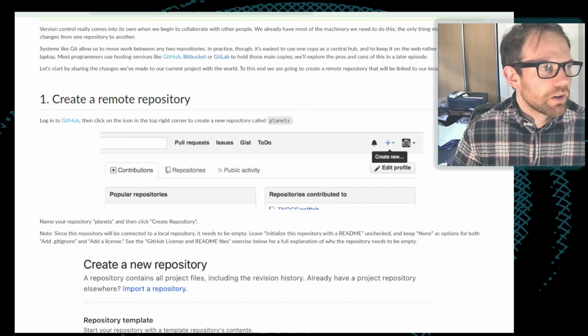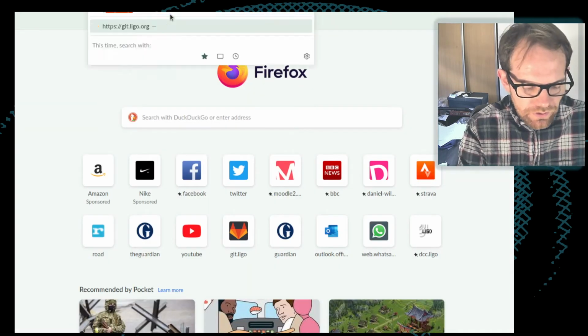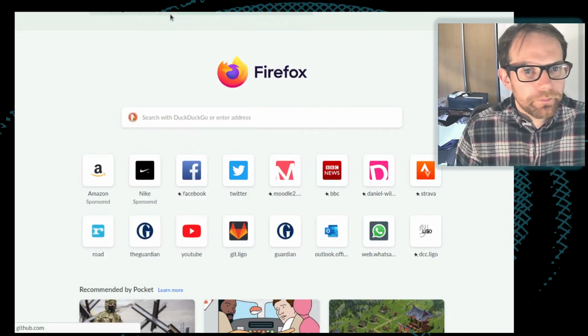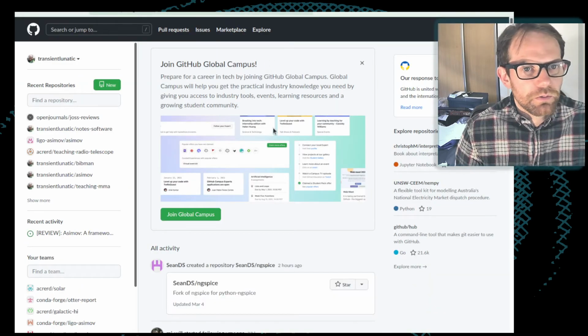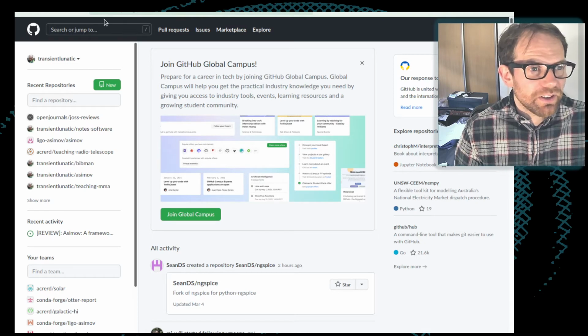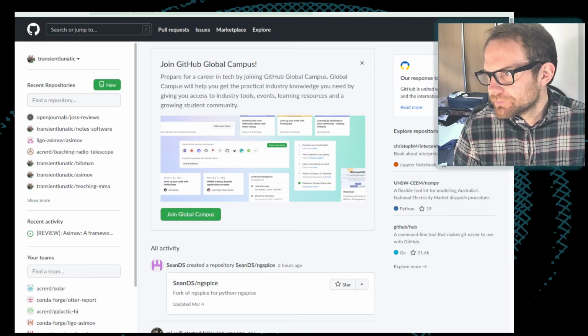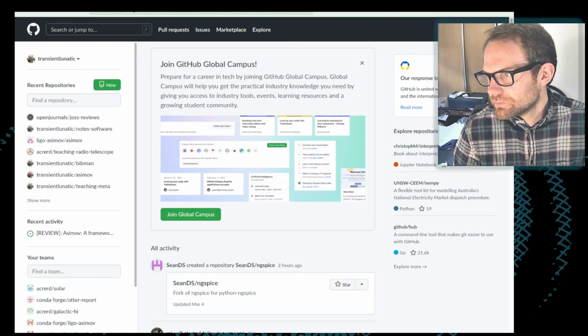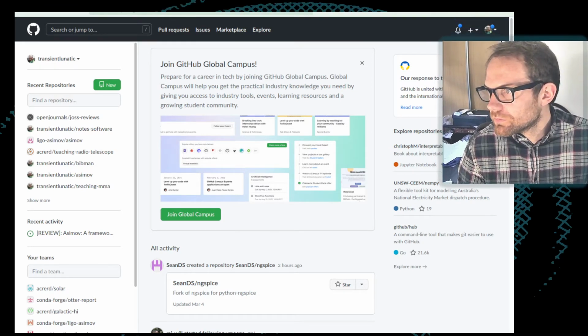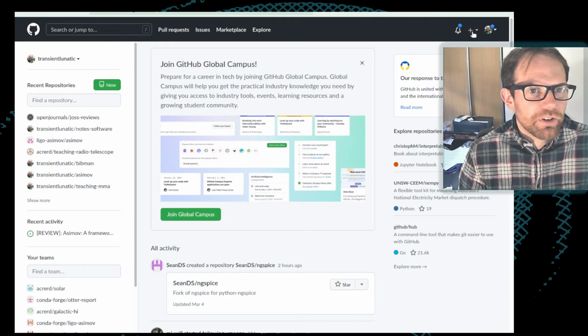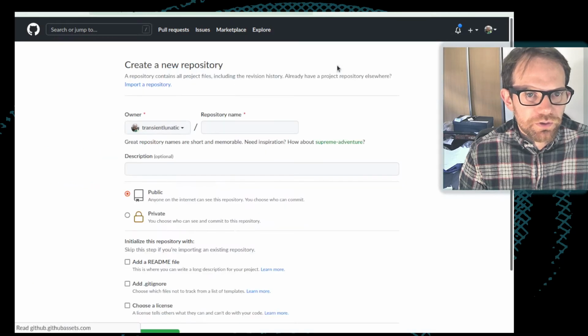So to do this, I'm going to go to github.com. So when you have an account with GitHub, you get something like this. When you log in, you get given a list of all of the repositories which you have and which you contribute to, and there will be a button either here for a new repository, or just a moment, I need to move myself. Or there is a button up here to add a new repository. So we can go to add new repository.